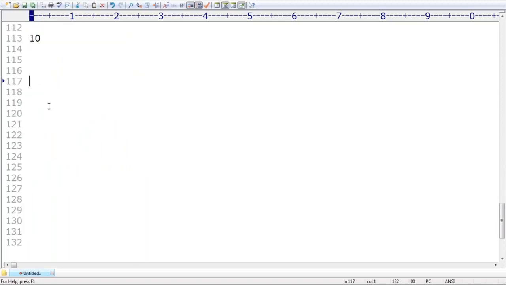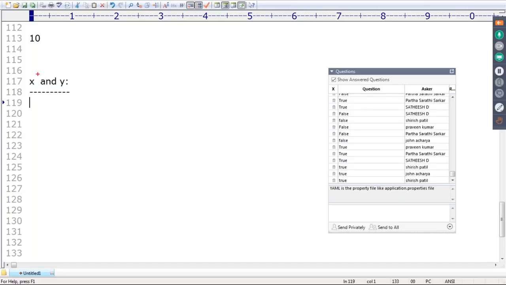Now observe X and Y. Assume X and Y both are numbers, because it's not Boolean type. If the first one is false, treated as false, return X. Remember that.